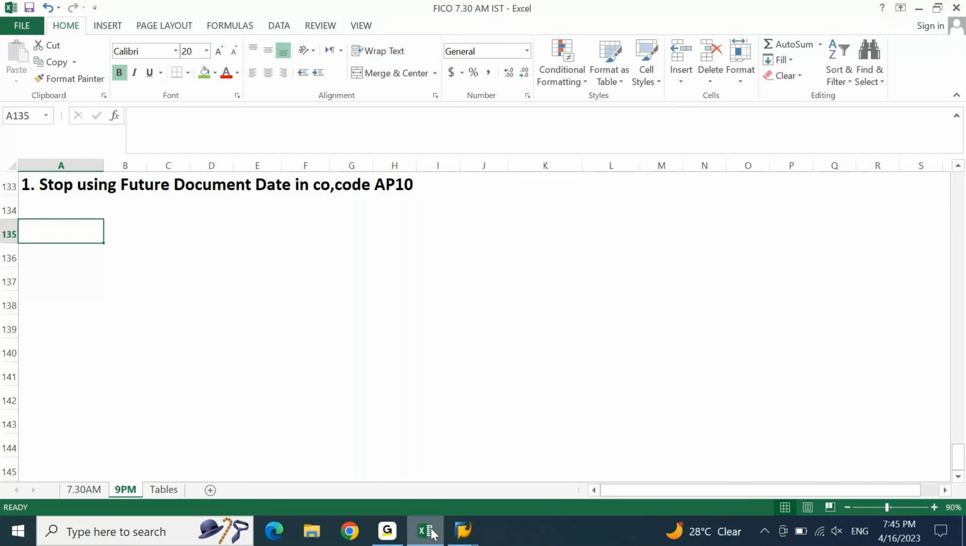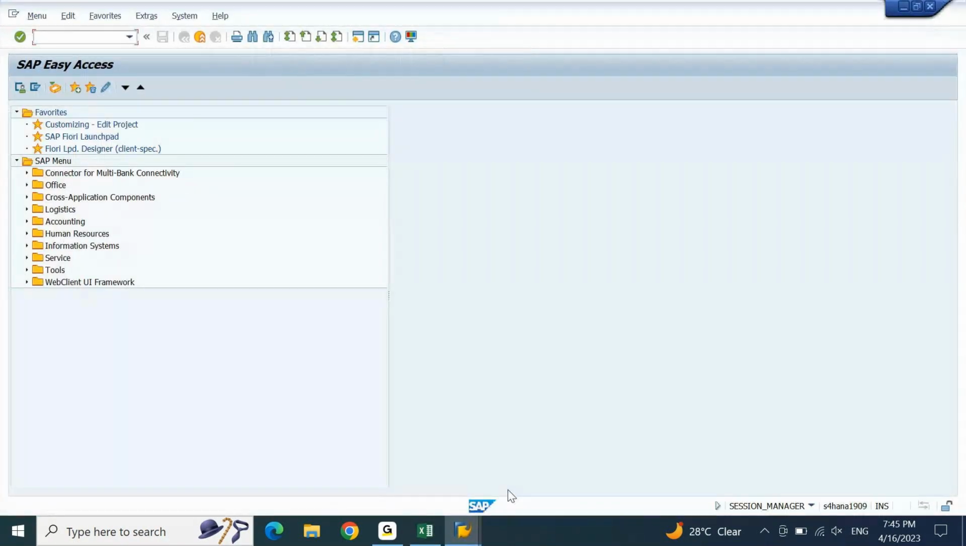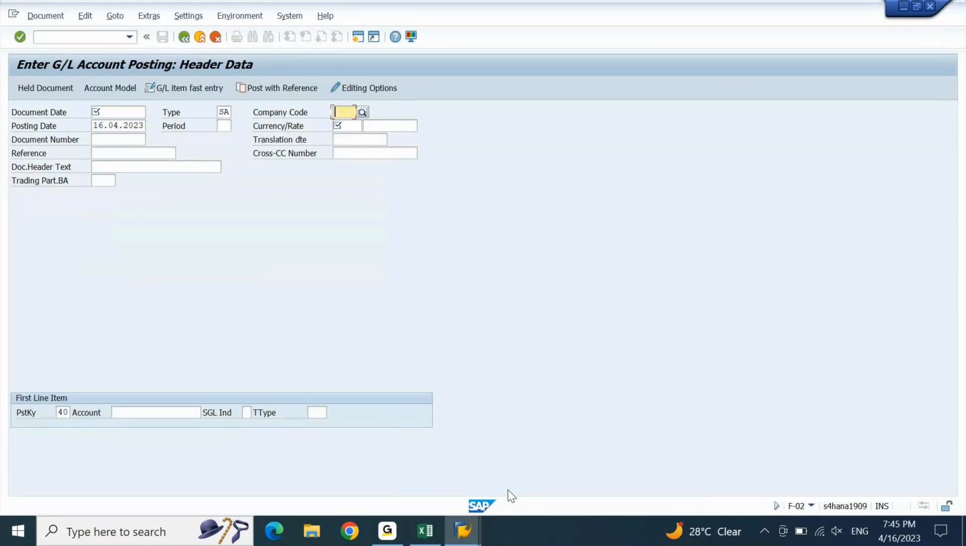I'll show it. I'll post a document now. I'll be on F-02. Currency, I'll give INR. Now, if you look at the document date field, what is today's date? 16th April. What will be the future document date, from when will it be future? Tomorrow, the 17th of April. From 17 onwards, if I put 17/04/2023, when I press enter,